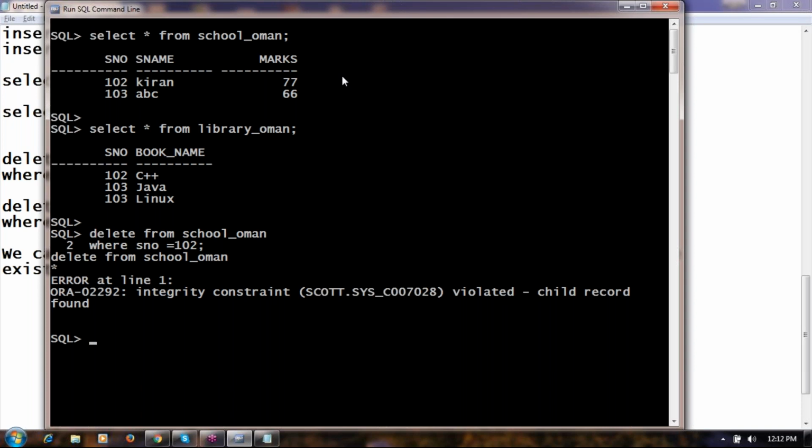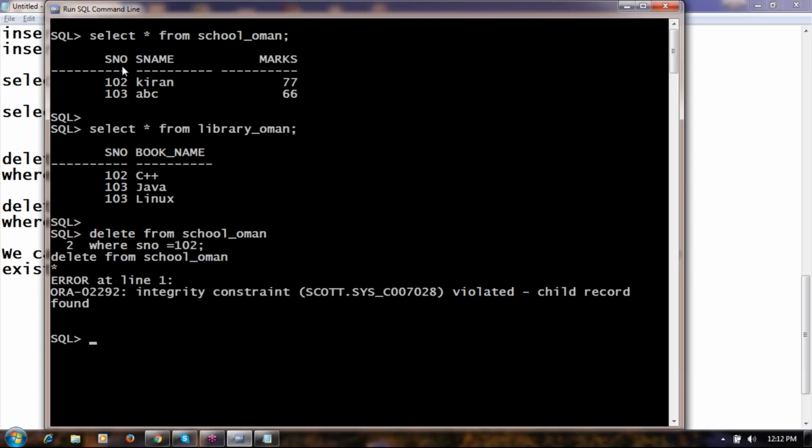And one important point, it's not compulsory that the foreign key column name should match with the primary key column name. Column name need not match actually. In many scenarios, especially in applications also, generally the common practice followed is that the primary key column name and the child foreign key column name is the same, but it need not be the case.